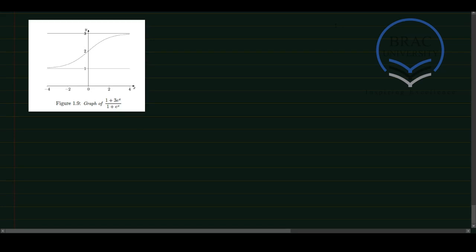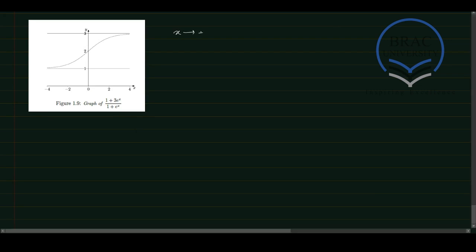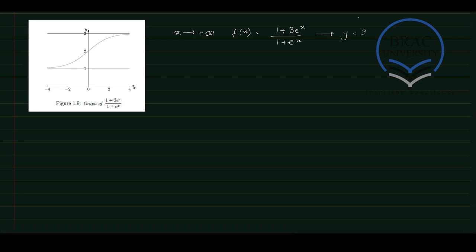As we've already seen this function and worked out how it behaves with a finite limit, we saw that when x tends to positive infinity, you can see from the graph that the function f of x equals 1 plus 3 e to the power of x divided by 1 plus e to the power of x tended to the line y equals 3, which means that as x got higher and higher, the function got closer and closer to the value